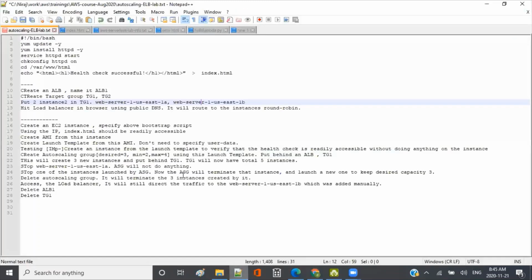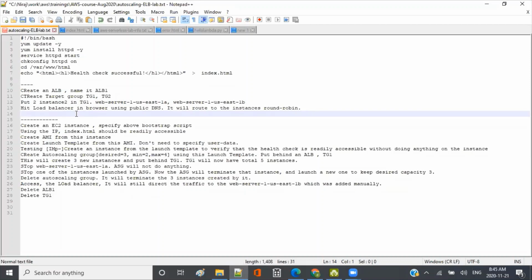So that's the first part of the lab that we wanted to achieve. Now, what we want to do next is this: we have two instances, and in a real world scenario, let's say these are our two web servers, our front end servers, with our Angular application deployed on them. From there we forward the request to our application server, which could be JBoss or Tomcat. These two web servers are currently running in 1A and 1B, behind a load balancer, so they are good enough for high availability.